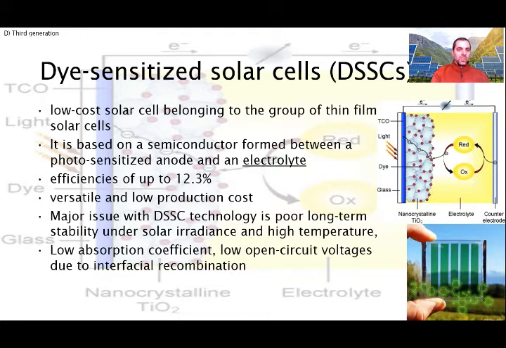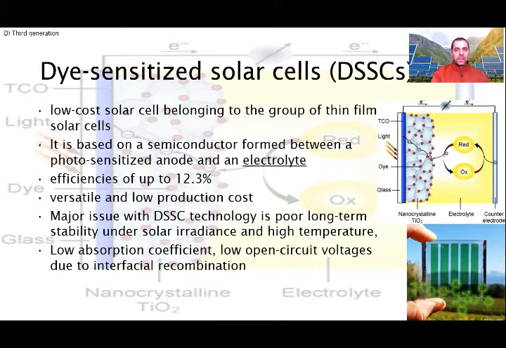In DSSC, photons are captured by a photosensitizer that is absorbed on a thin layer of nanocrystalline semiconductor placed on the anode. Whereas other PV technologies utilize semiconductors in their solid state for electron transfer for the generation of photoelectric effects, DSSCs make use of liquid electrolytes, a photoelectrochemical cell, to transfer ions to the counter electrode, producing an electric current.